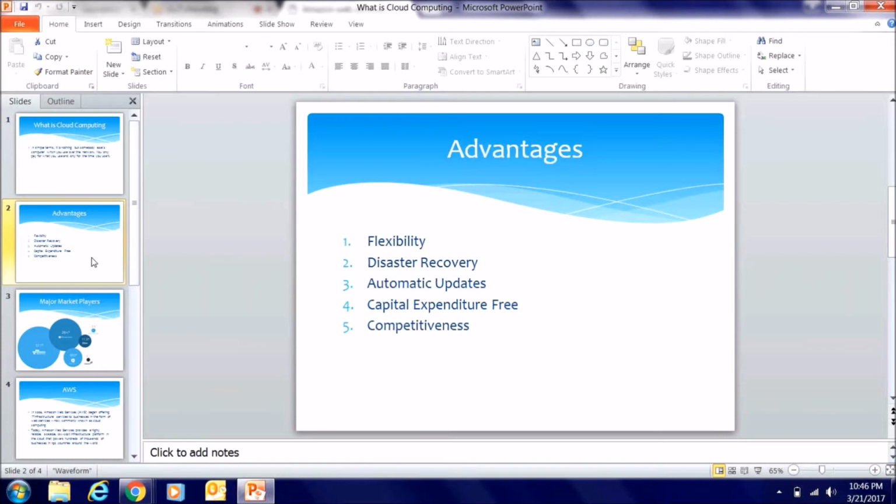Disaster recovery. So because you don't have to worry about the infrastructure on premise, this is the infrastructure which is in the cloud. So it's the responsibility of the cloud service provider to maintain those servers. And in case of disaster, it is automatically replicated in some of the servers, so you don't have to worry about those aspects. You don't have to worry about updating your software, because that is again the responsibility of the cloud service provider to regularly update. Maybe if it's the antivirus or patches, those updates are taken care of by the cloud service provider.